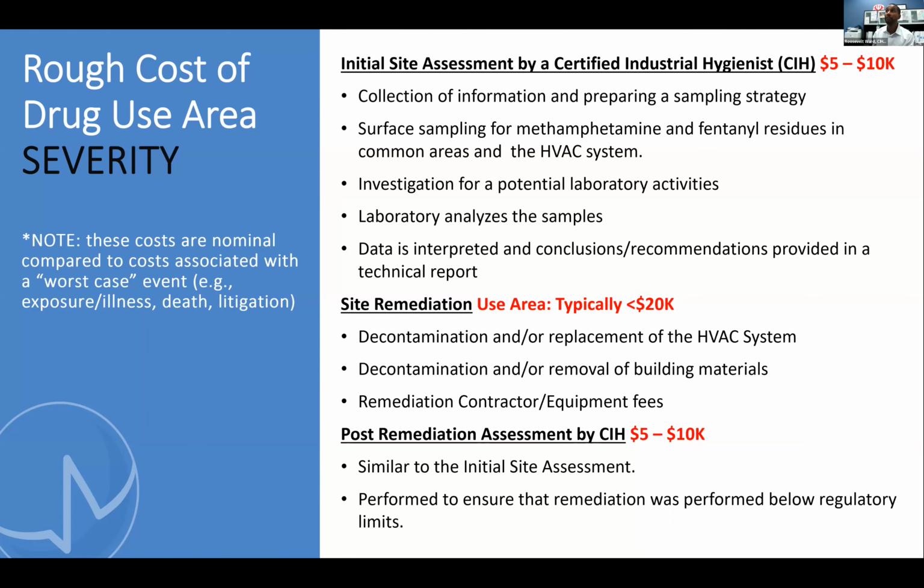So once we've drummed up that plan and we've given it to the contractor and they've performed the decontamination according to our plan, we'll come back and we'll make sure that the residence or the occupancy area is safe for reoccupancy. We'll do a post-remediation assessment, and we'll pretty much mirror what we did in the initial assessment, and we'll verify that the remediation was completed and it was successful, and that the area is safe for occupants going forward in the future.